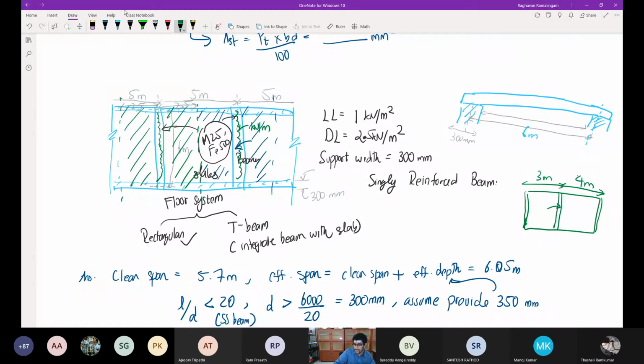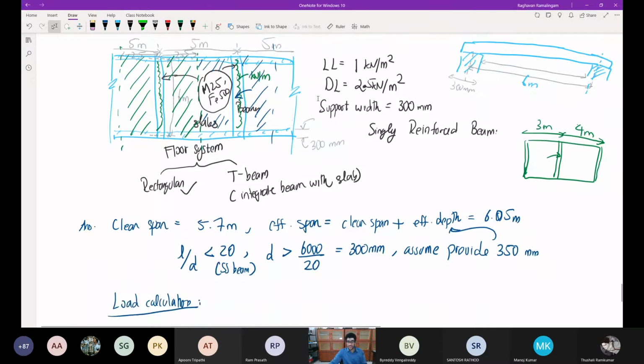Then how much is the width that you will account for this beam? Here everything is 5 meters, so I say 5 meters width of load will come onto this beam. If the spans are not equal, if it's 3 and 4, for example, then what will you take as the width of the load to be considered for this beam? 1.5 and 2. So 3.5 meters we'll consider. So like that, you'll have to look at it and see how much width of area load will come onto that particular beam.